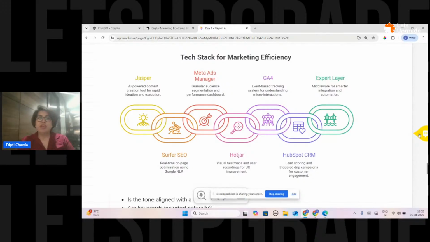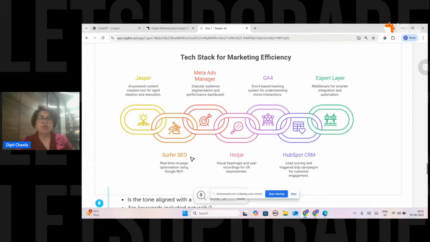Jasper really helps in creating great content, quick ideation, great scripts, and executing that content really well. It's an AI powered tool. Yes, it's expensive, but if you are at agency level or want to excel in content, Jasper is a very good investment. I'm myself using it more than ChatGPT.